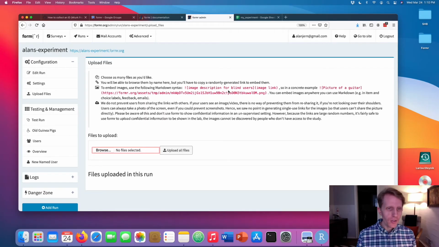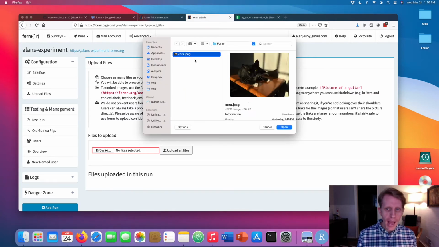So far we've only used text and different question types, but you might want to be able to show people pictures or something visual to either make your experiment more interesting or just give people something to respond to that they can look at. So the way to do that is to add the images as files in your run, and then you can reference them in the experiment. So let's go ahead and do that. So I'm going to add a picture here of Cora the cat,